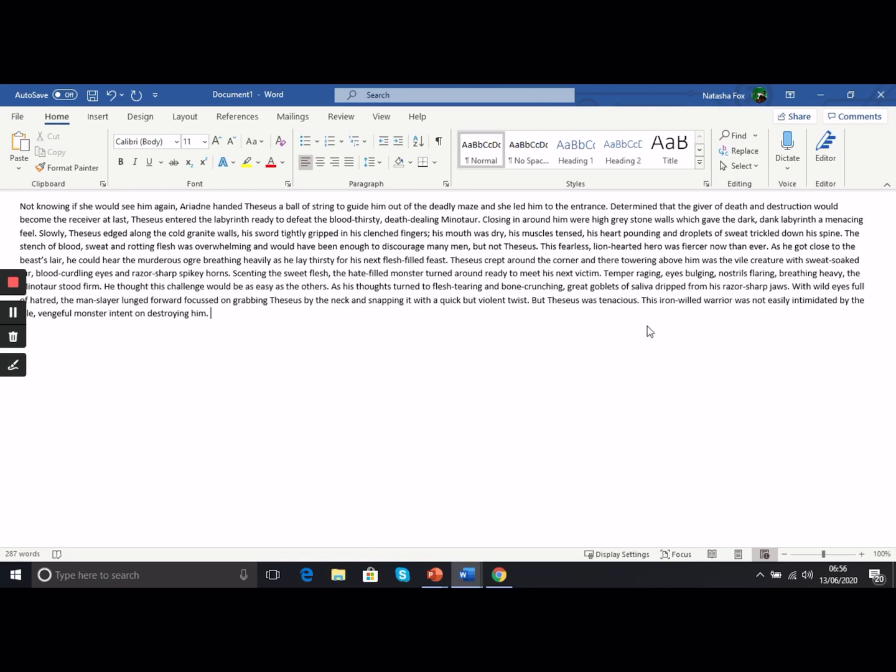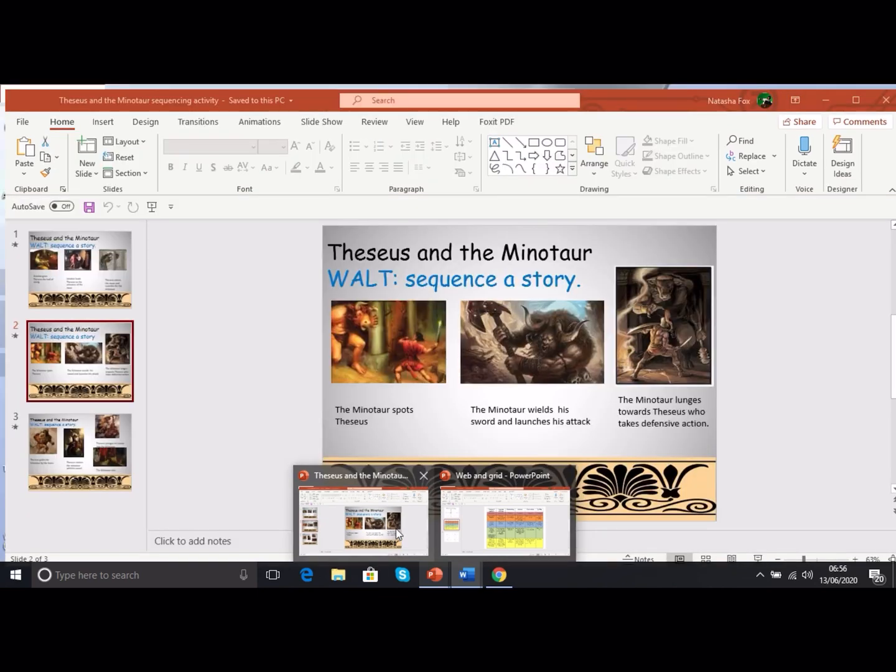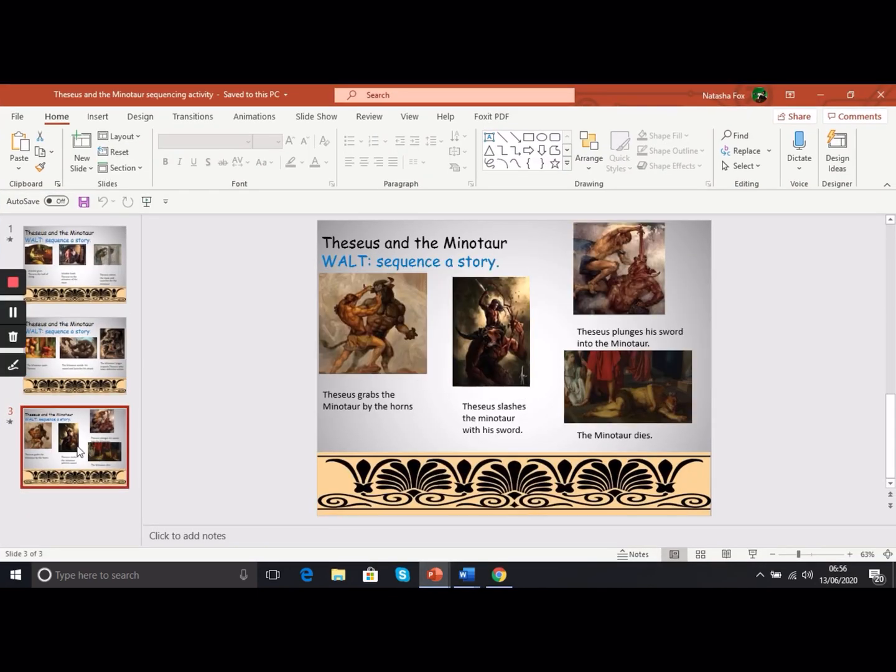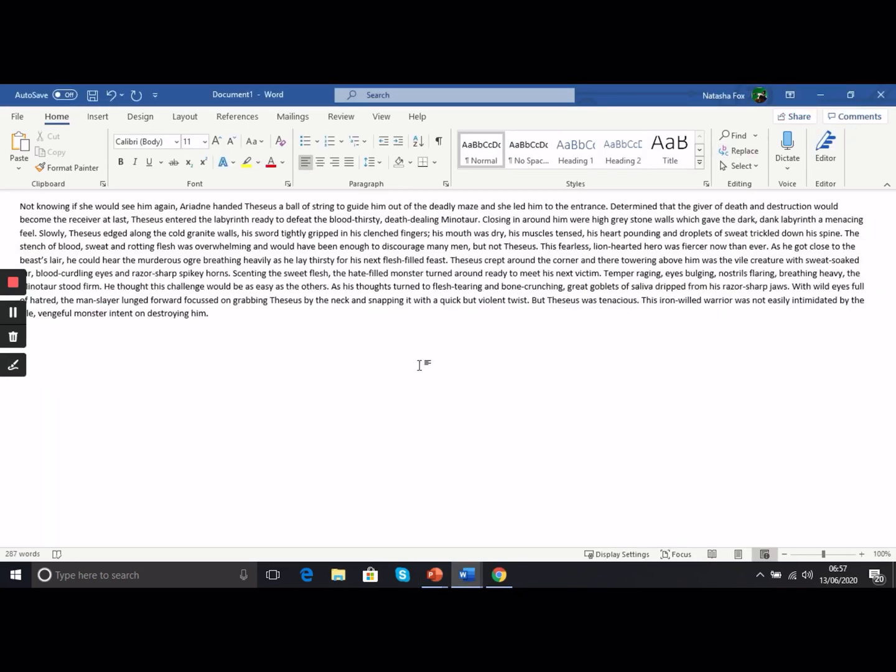Now we know that Theseus is going to start fighting back now. And if I go to this bit here, we know that Theseus is going to start grabbing him by the horns. He's going to slash the Minotaur with his sword. He's going to plunge his sword into the Minotaur, and the Minotaur is going to die. He is going to defeat him. Okay, so